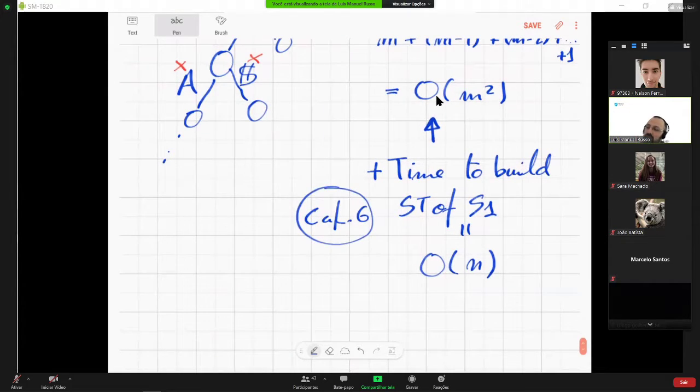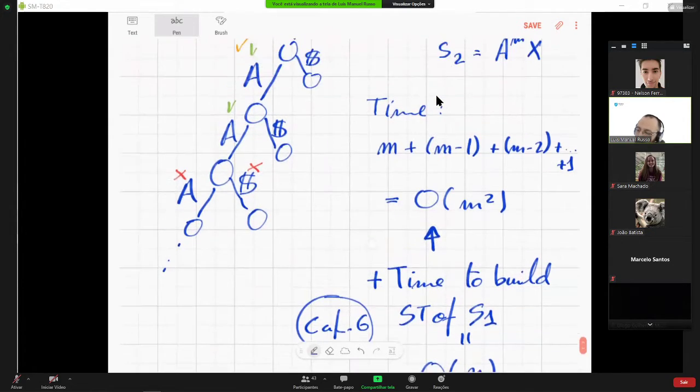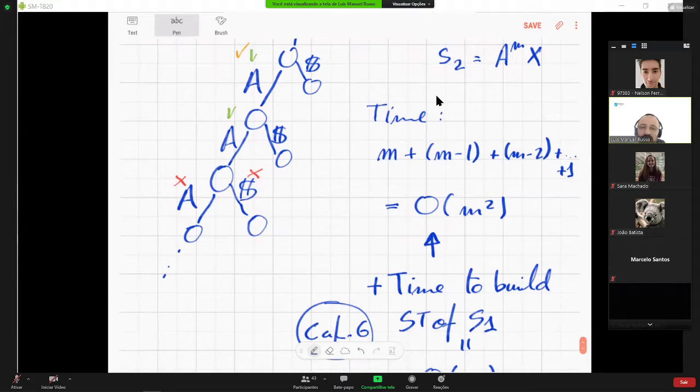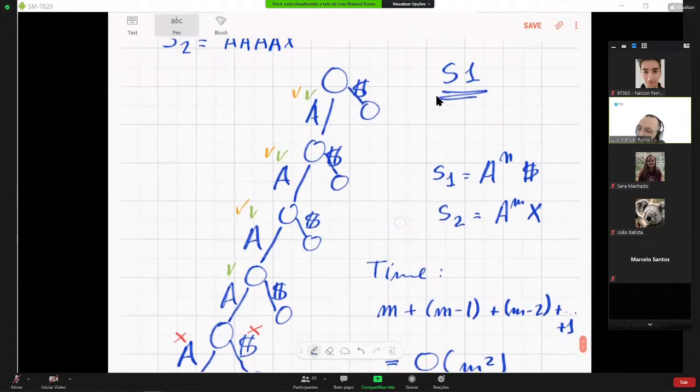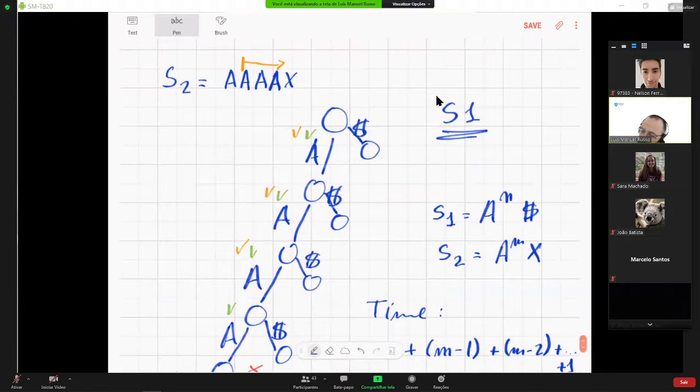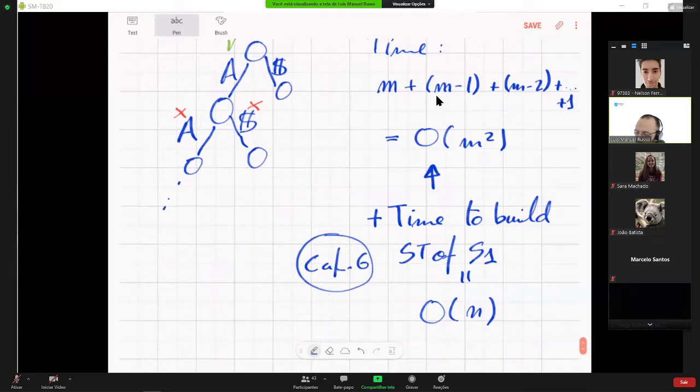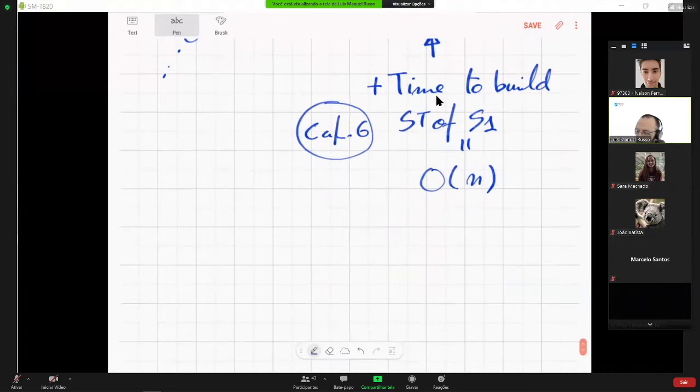It's a bit weird that we're starting with the application. So basically, this application is on chapter 7, but it allows us to discover a fundamental structure that suffix trees need to have. Okay. So